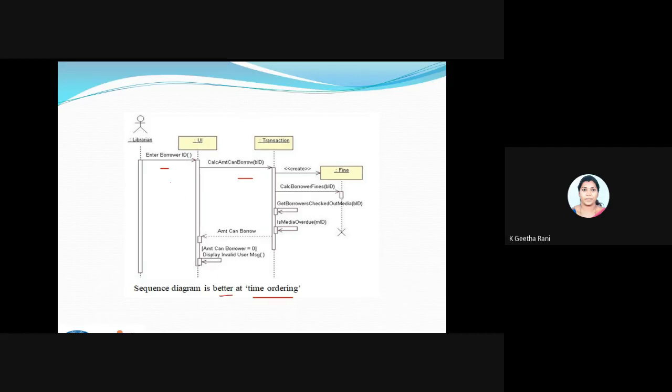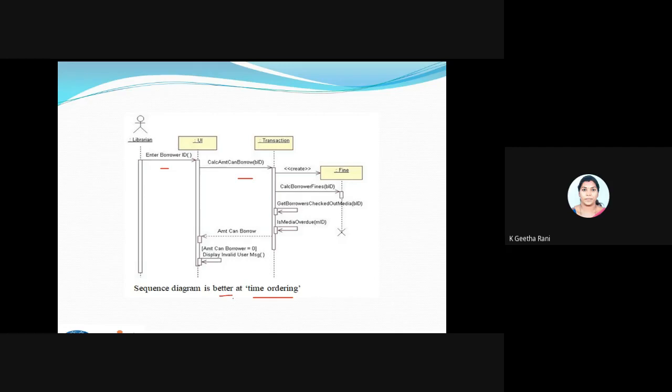You can see here I have not used any number for the messages. It's optional in our sequence diagram. This flow itself tells us after this comes this, then what happens here, again goes back. So we can easily identify the flow of our messages. So that is called a better time ordering.